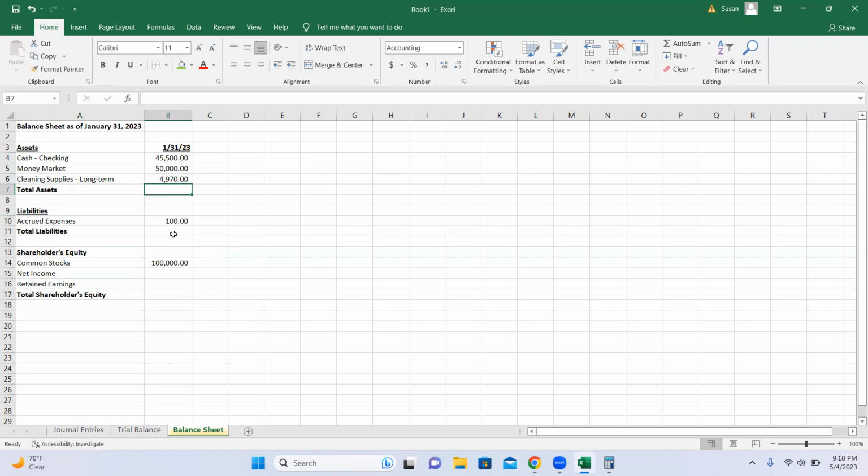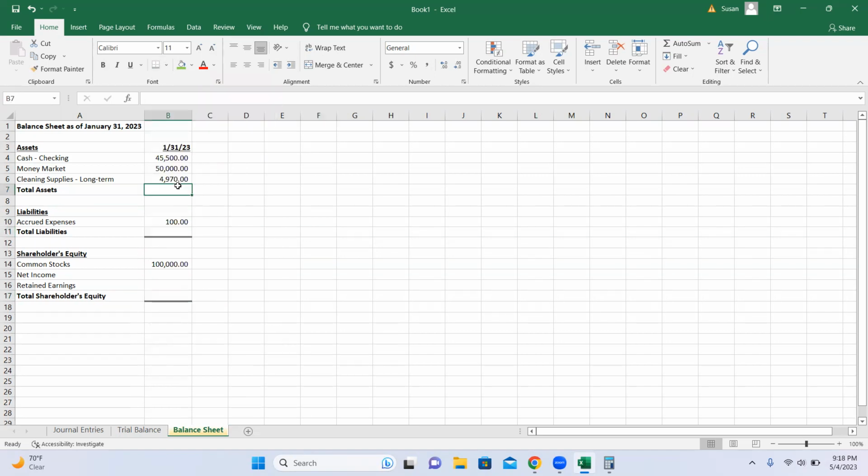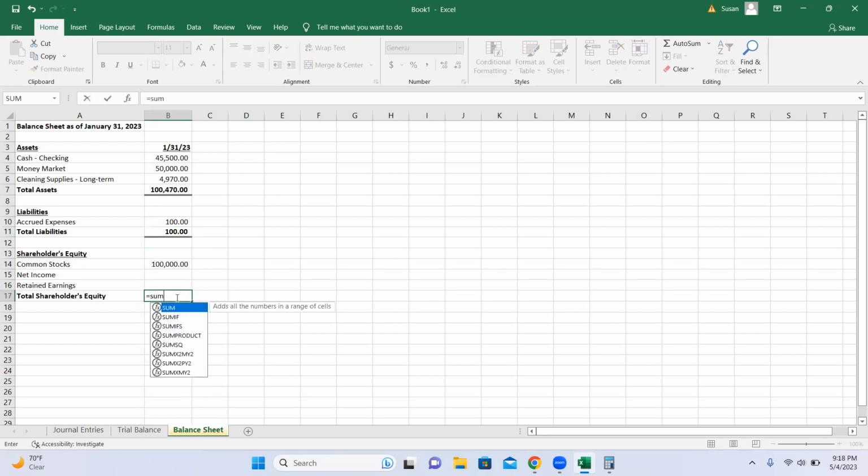We'll do it with a double bottom line. Let's do it like that. So then this will sum up your total assets. Bold it. Sum up your total liabilities, which is just this one, and then your total